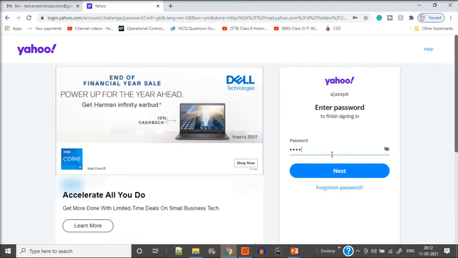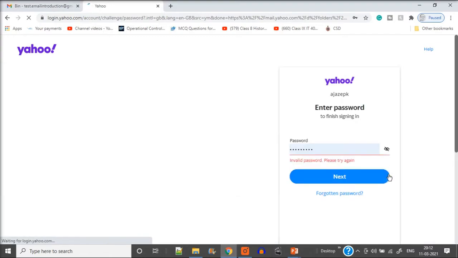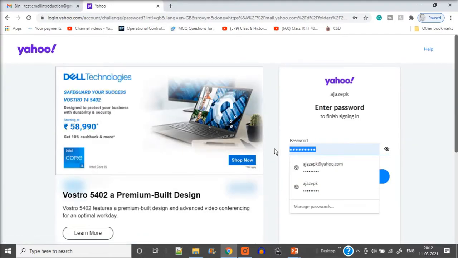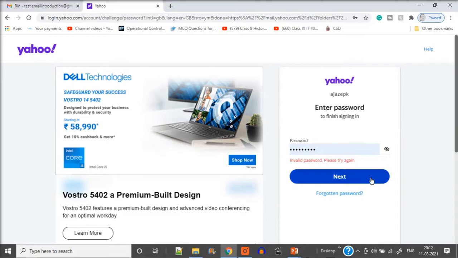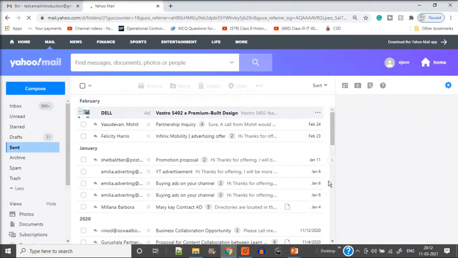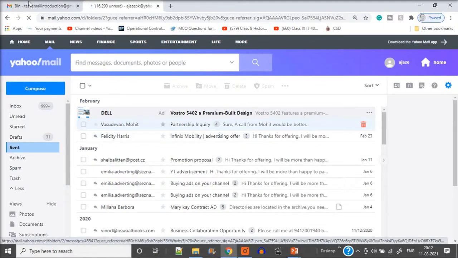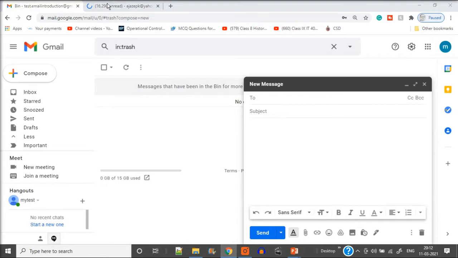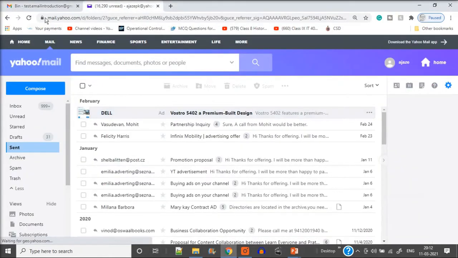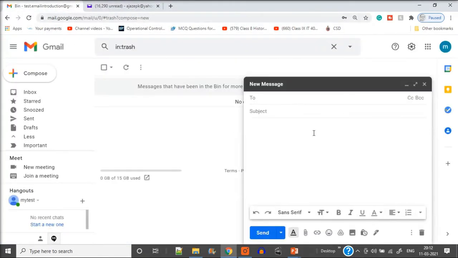See, again I have already logged in here and logged out, so it is just asking for password. I don't have to enter the username again and again. And if I incidentally put a wrong password, it will not allow me to enter. So now I entered the actual password. Two mails I just opened because I am writing an email and sending it to some ID, and then I'll show you what email has come.